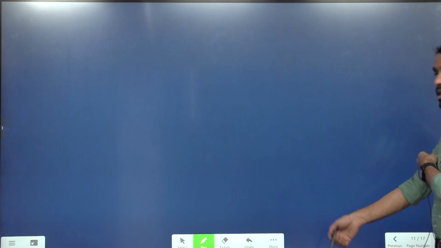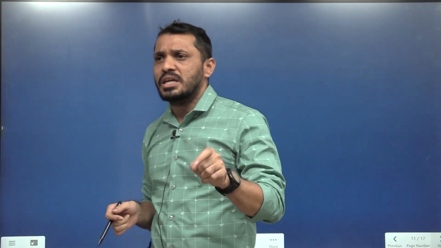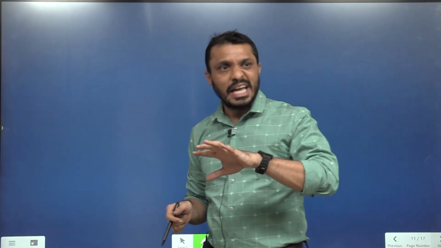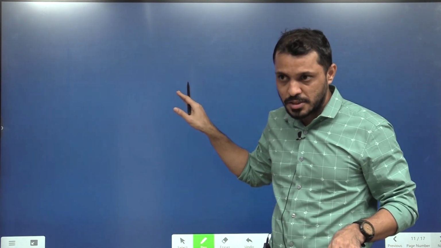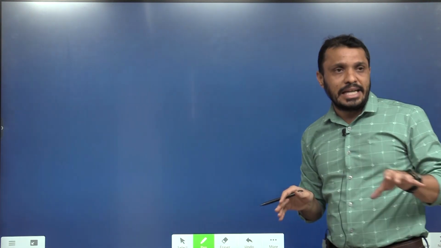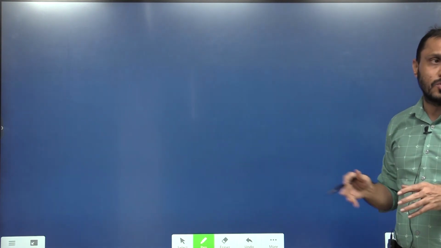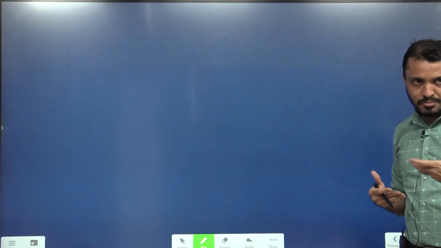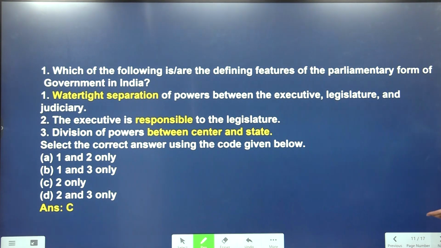Okay, that's it, students. This is about the salient features of the Indian Constitution in a very rapid revision format. More or less whatever you will now read in the Laxmikanth book, everything we covered. On top of that, some interrelated topics also we covered. After the class, without any delay, you must finish this topic, because you just listened to it. Now we'll try to solve some MCQs. We will include more MCQs in coming classes, because once you are habituated to this learning model, you should not feel overloaded.